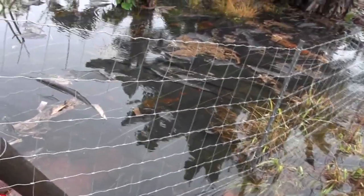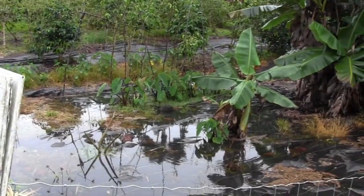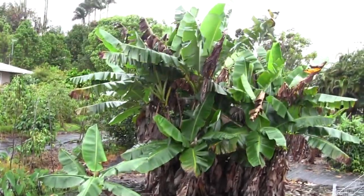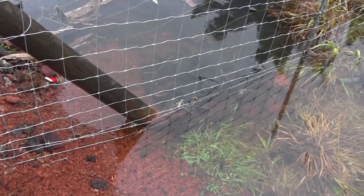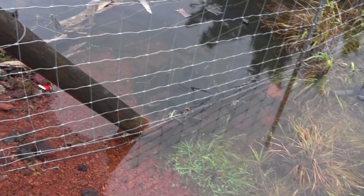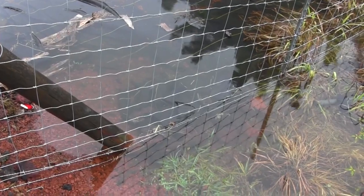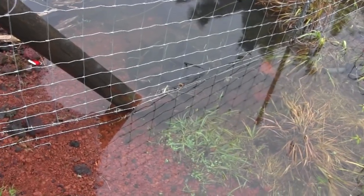The totally cool part of it, though, is that I switched from cabbages to taro, and so the taro puts up with the flooding. The bananas, especially apple bananas, put up with the flooding. They like that water. So the best part of all this flooding is I love using natural forces, and here we have water that accumulates during storms. It comes into this region, and the one really positive thing that it does,